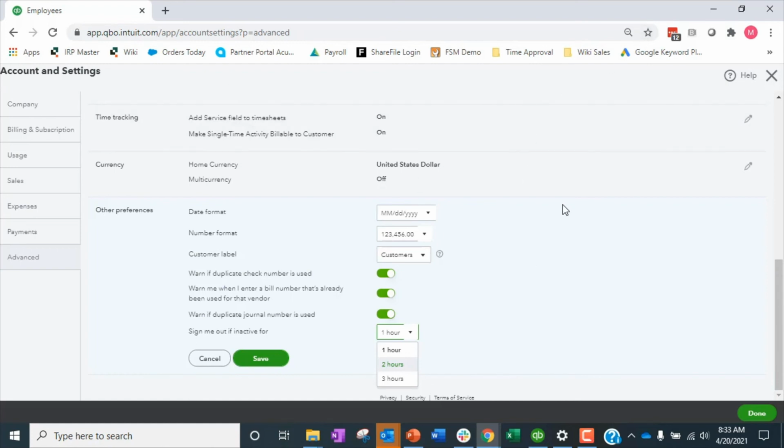Same thing, you really shouldn't be using things like LastPass or Google passwords because then people can just log into your files if they have access to your computer. So make sure to put your computer to sleep or whatever it is. And then also it's good to have a logout. So I know this one frustrates people sometimes. They hate having to come back and log in, but it's meant to be for security. So got to deal with it.